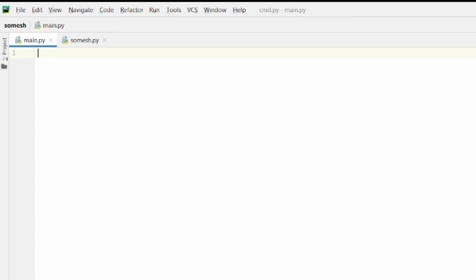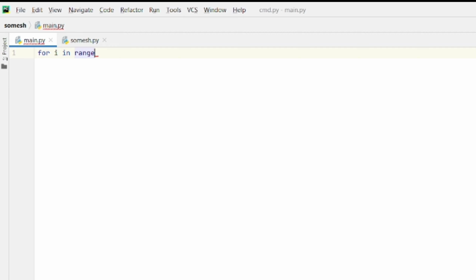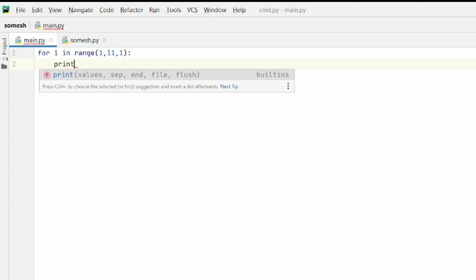Now we will discuss everything clearly in the demonstration part. First of all, we will see how to print hello world 10 times using a for loop. We have to use the for keyword, and here I am using i as an iterator in range of 1, 11, 1, because I am taking starting value as 1 and ending value as 11 because it will go till 10, and I will give step value as 1. And we have to follow the indentation so that the set of instructions that follow the same indentation belong to that for loop. And we have to print hello world.